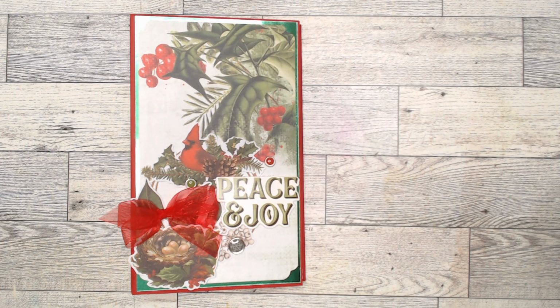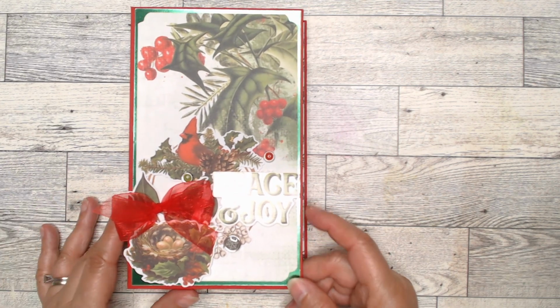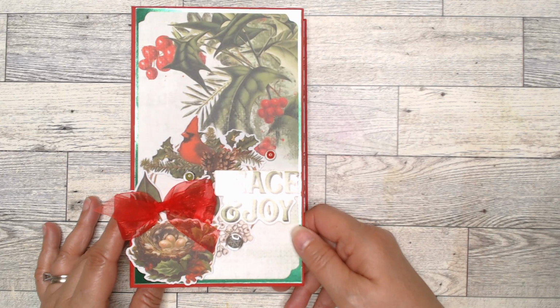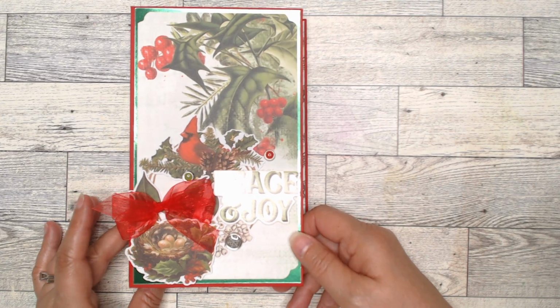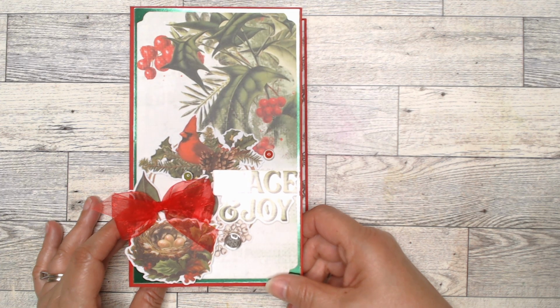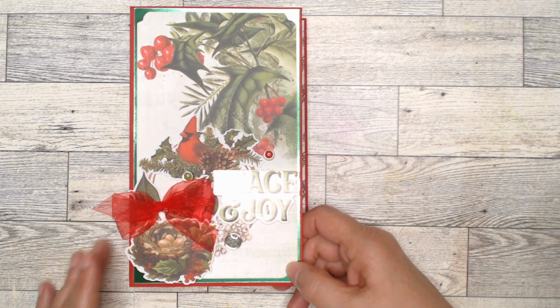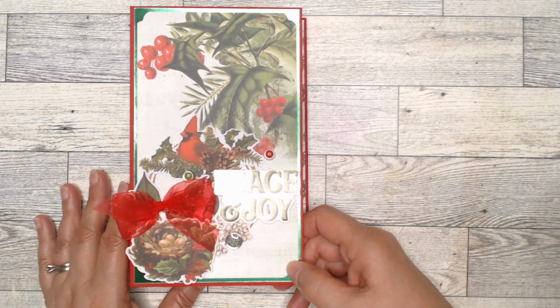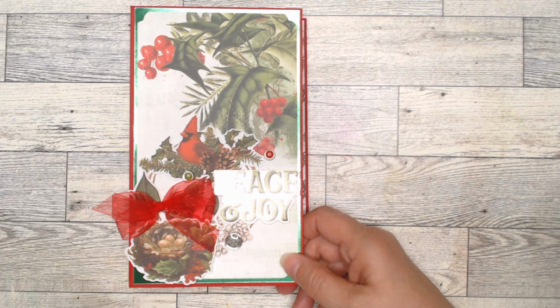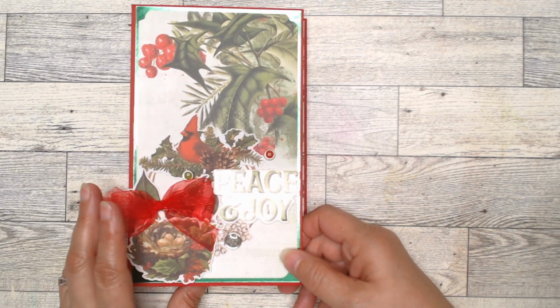Project 39 mini albums, and I am here to show you a quick little project I made. My goal this year is to finish up all of my Christmas stash. It's not quite the middle of December, and I have 3 collections, most of them have been used already, but 3 collections to go. So I made this waterfall mini folio